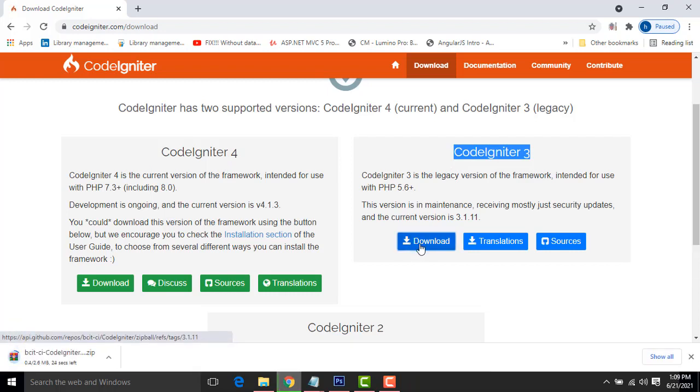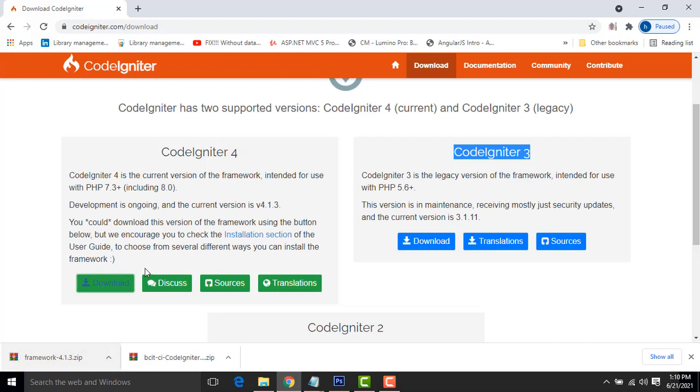Now if you click this button, your download is going to start. Here it is a simple file. It takes only 2.6 MB. You have to wait until the process is completed. Okay, now it's completed. After completing this one, I'm going to download CodeIgniter 4. If you look at this one, it is less than 1 MB. This file is CodeIgniter 4.